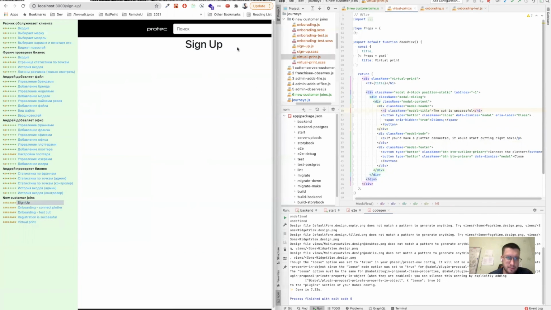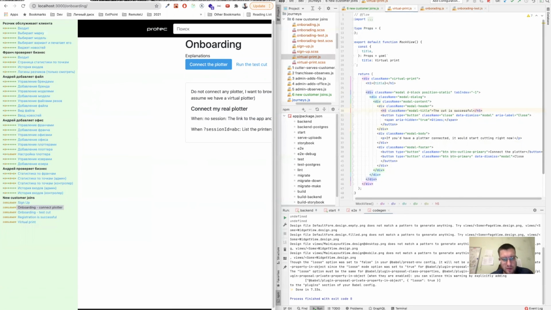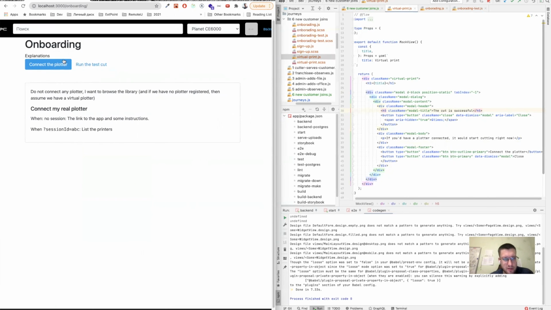So back, sign up. Then probably validate our email. And then we are redirected to the onboarding. Yeah. And we are at the connect the plotter stage. This stepper, the purpose of the stepper is to make it feel simple. So we don't need it for the purpose of navigation, right? So